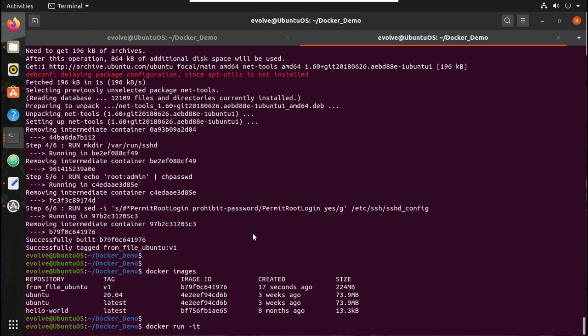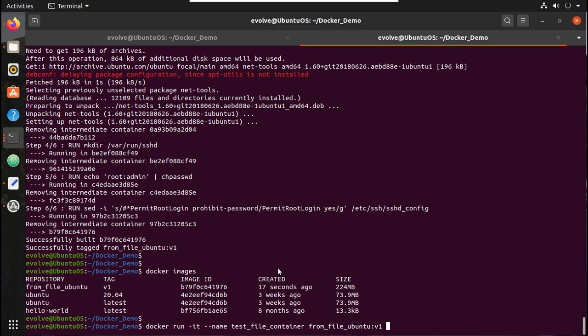If you give -it, it will directly go into the terminal after creating the container. Then I'll give the name I need. I'll give the name test file container, and the image and tag name is fromfile Ubuntu and v1.